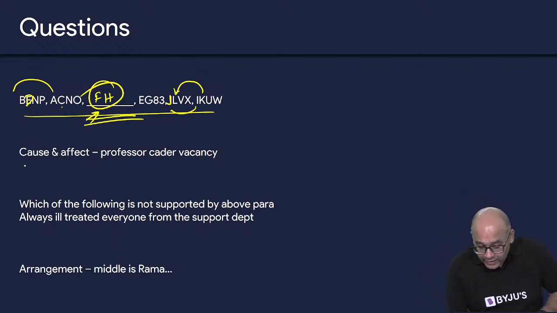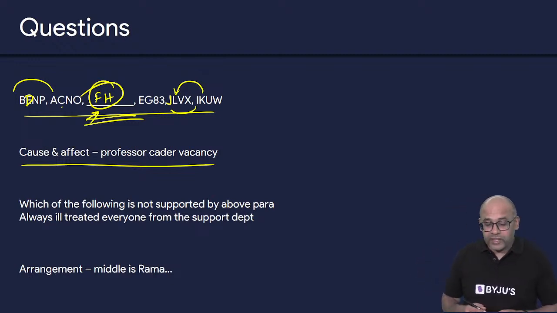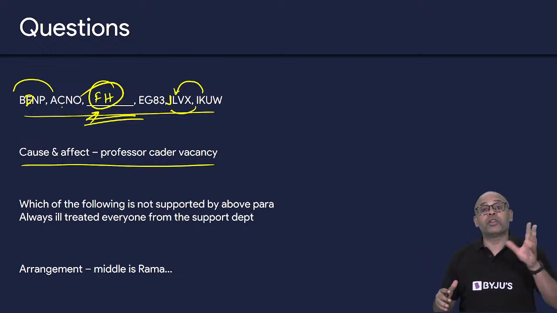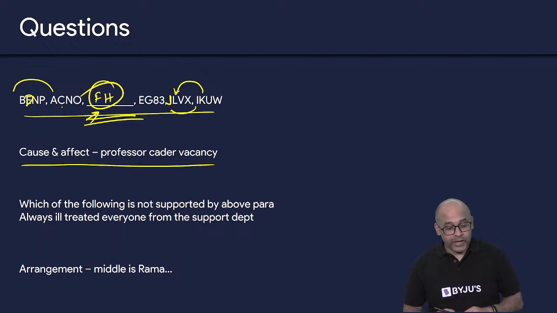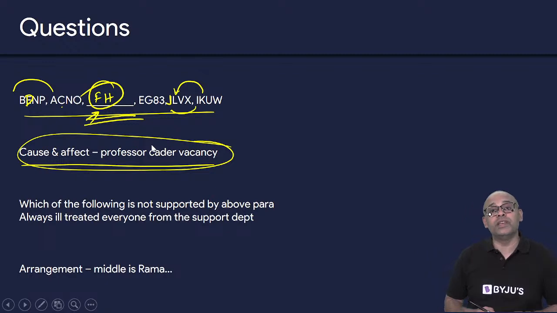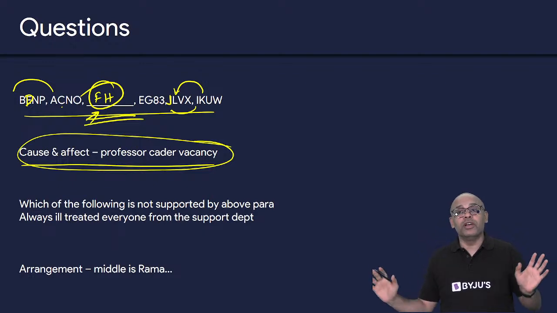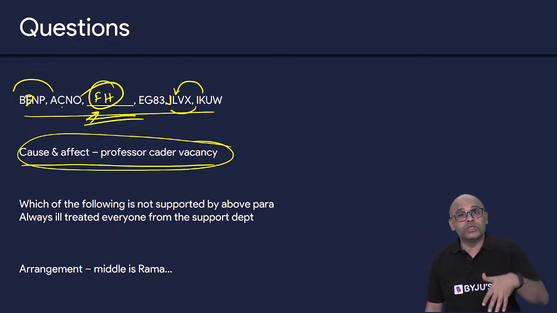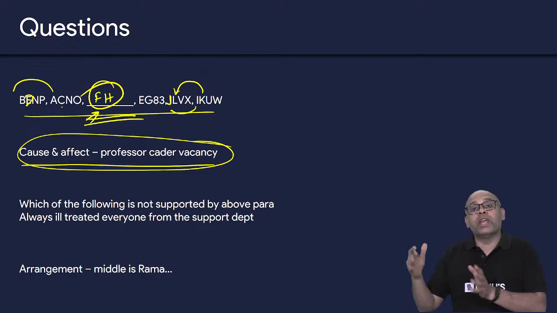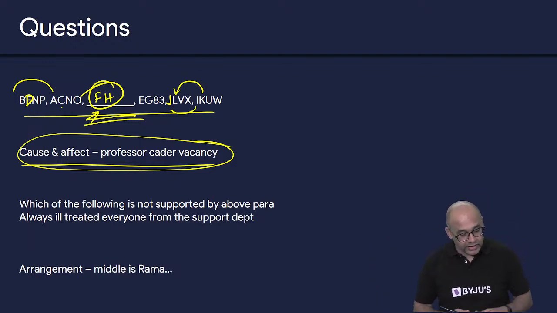Okay. Then there is an answer on cause and effect. There's a question which talks about a professor cadre vacancy in a particular college. The answer to this is that they are both independent causes. They are not related at all. Neither one is a reason for the second. They are two independent ones. So both statements 1 and 2 are independent. That's the answer that you're supposed to have given. Okay, independent causes. Very good.